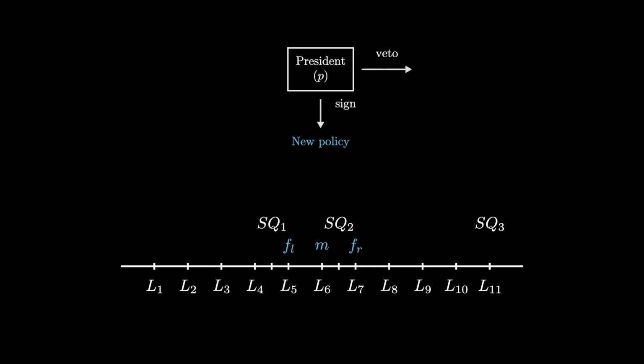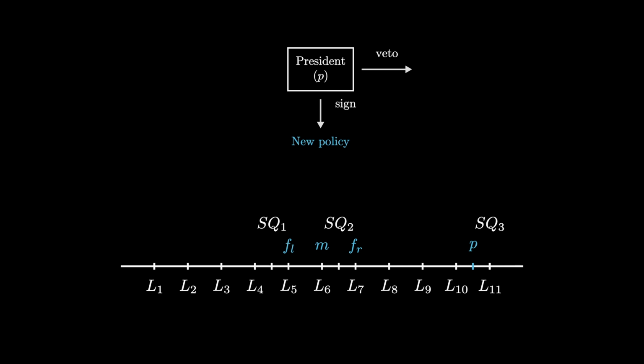To simplify our analysis of the presidential veto, let's assume for now that the filibuster isn't an option, and just consider whether, using simple majority rule, the median can move policy to its own ideal point. Let's assume we have a right-leaning president with an ideal point between legislators 10 and 11. To determine whether the president will veto a bill, we need to find the president's preferred-to set against each